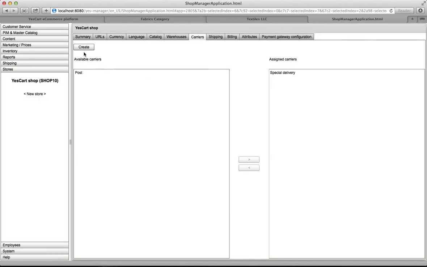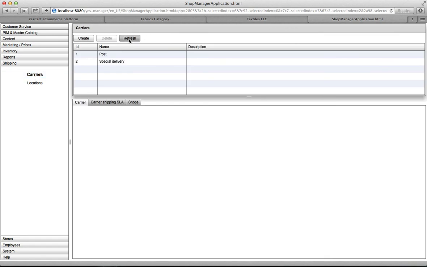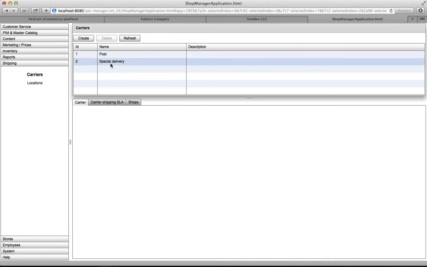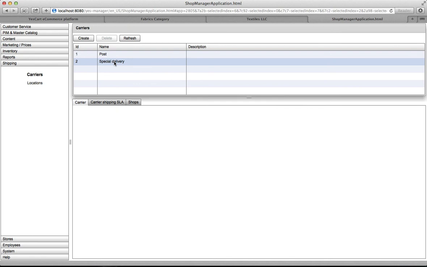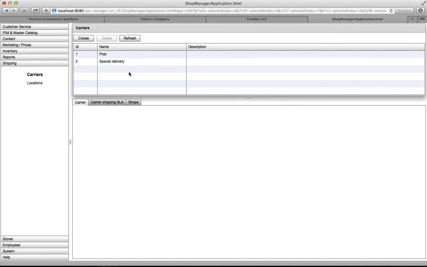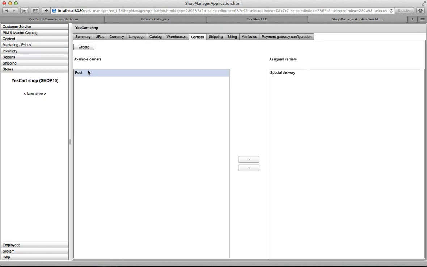And that one will create and assign it straight away. So if we go back to shipping and click refresh, we have two of these here. But if you didn't have access to globally, then you would only see special delivery if you have access only to Shop 10 store. So if we go back to store, and the available ones can be just assigned to our store as well. So we've assigned two different carriers,